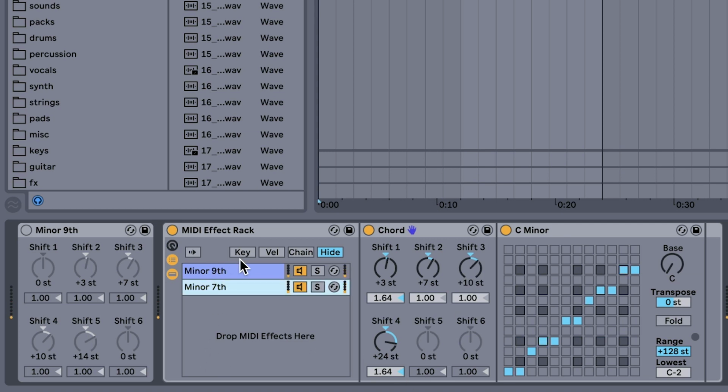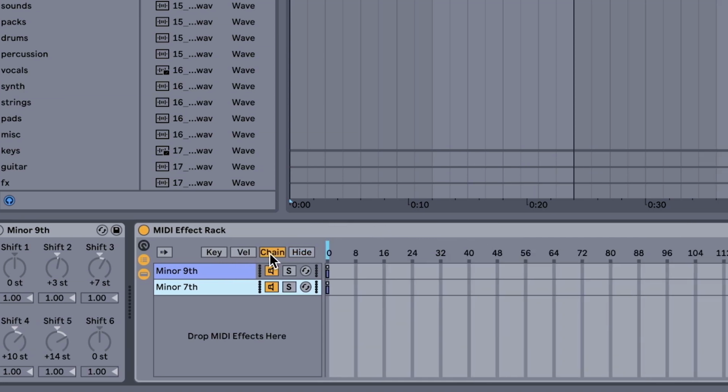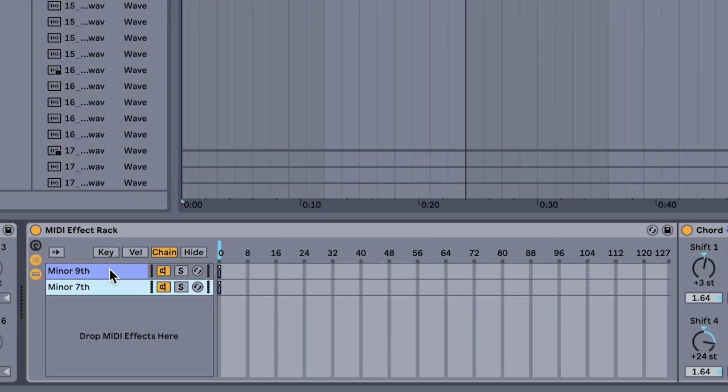And what we'll do is go into the chain list here. Now the chain list is amazing in the Ableton Effect Rack. It essentially allows you to select a single chain to process the audio through. Right now they're both at the position 0, and they're 0 through 127, giving you 128 full values. If I take the second minor seventh and move it to the 1 position, and then take the chain selector, it means I'm only hearing this minor ninth chord. If I take the chain selector and move it now to that 1 position,